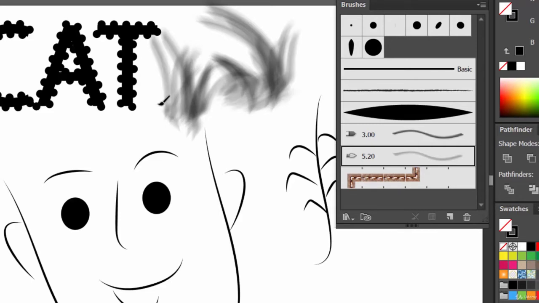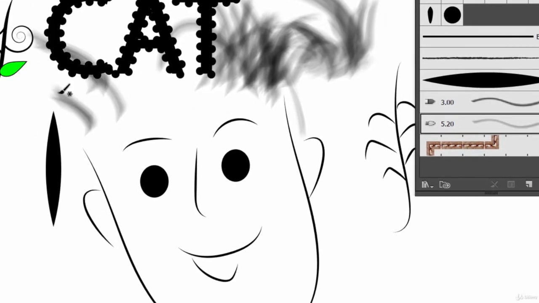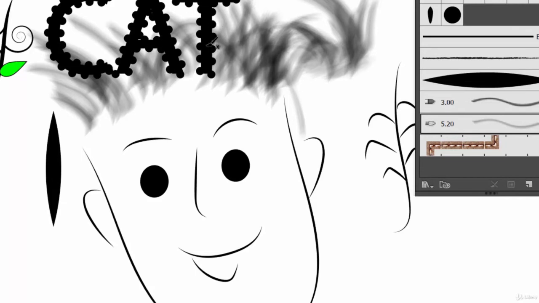Bristle brushes are really very helpful for drawing, say, hair, for watercolor painting, for say some grass, this kind of stuff. And let me tell you why I have chosen a low opacity brush, because each time